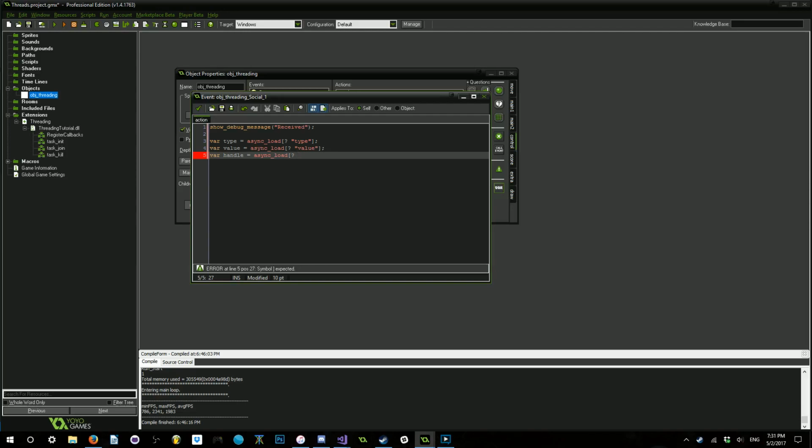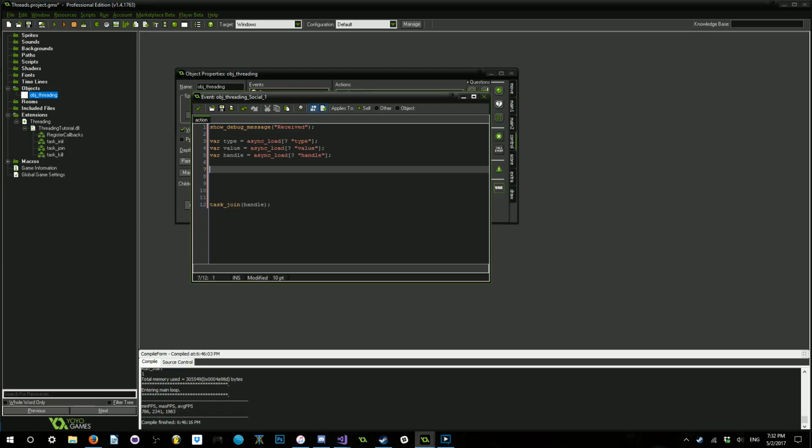So it's going to be type, value, and handle. It's going to be the ones that we created. And so before we do anything with the type and value, at the very end of this function, we're going to go ahead and say task join, and we're going to make sure that the memory allocated to this task is freed. So we're just going to pass in the handle. This will make it happen automatically. Well, not automatically, we're still doing it, but